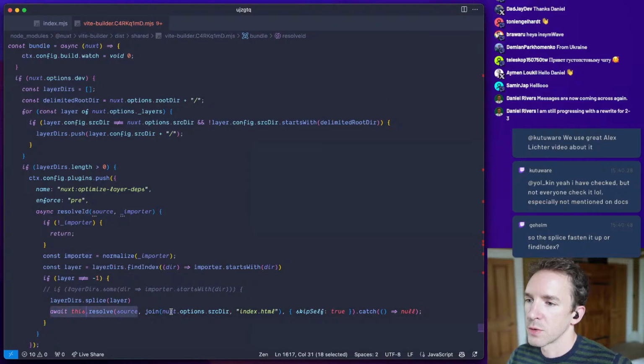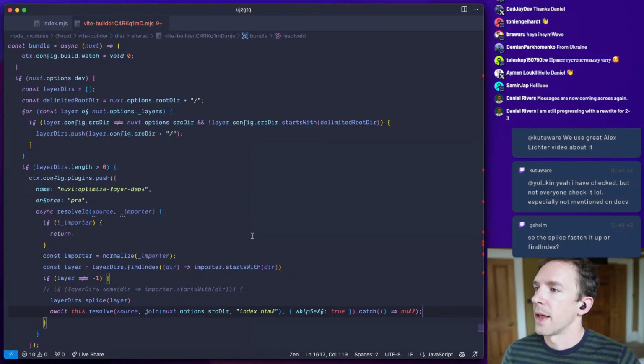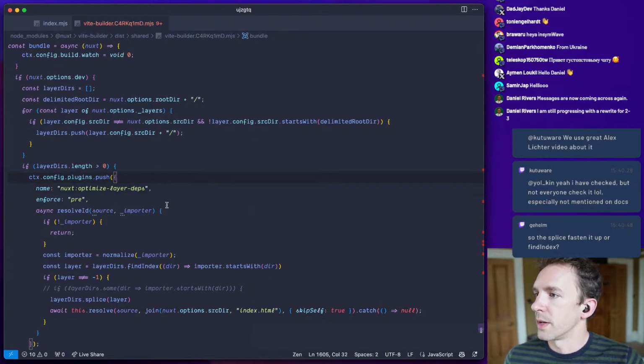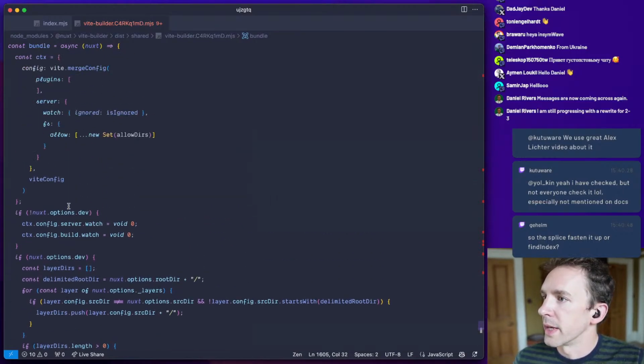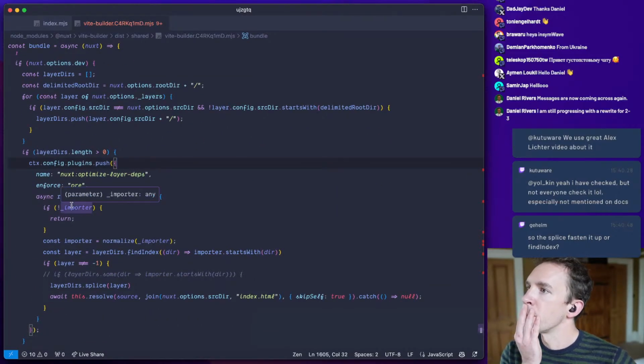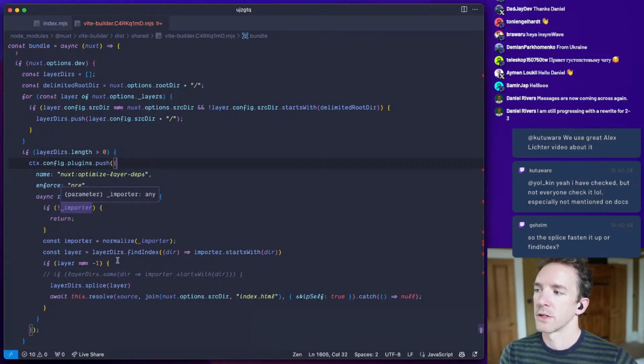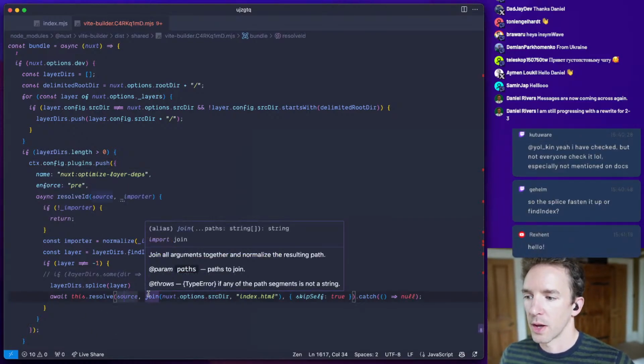Basically, the thing is that this resolve, this is just to trigger Vite to be aware of optimizing this dependency. Now, the one thing is that I have to avoid doing this. We want to do this for both server and client. So at the moment, we're removing it.